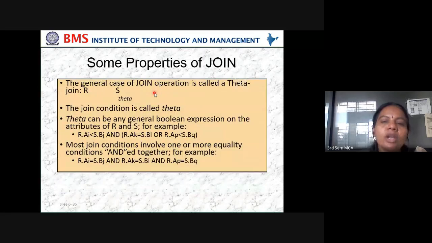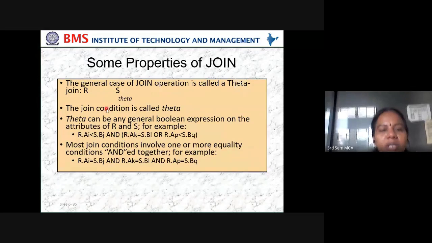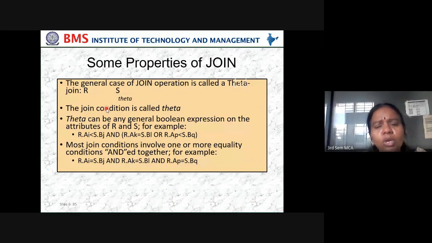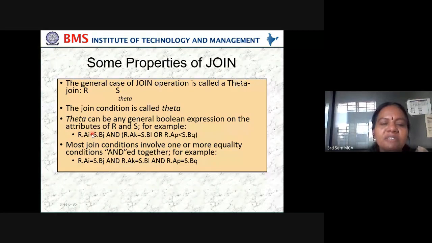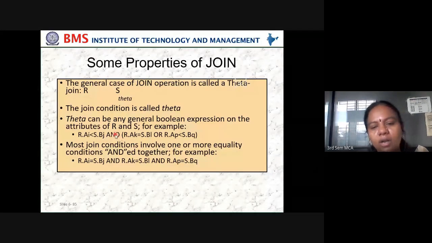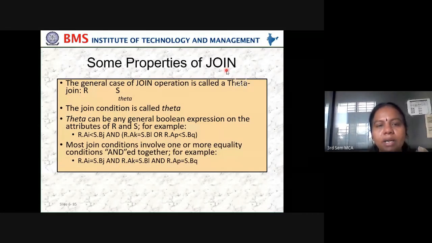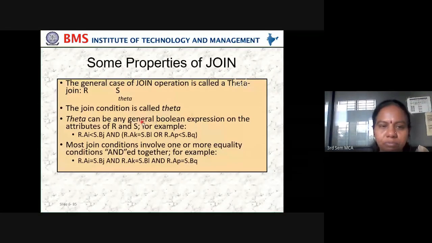In the same way, we have what is called a theta join. So what is this theta join? A theta join is a Boolean expression condition, where the join is performed if the expression is satisfied, and along with the Boolean expression we can use and, or, not. Here in this example we can see the join operator with a theta.